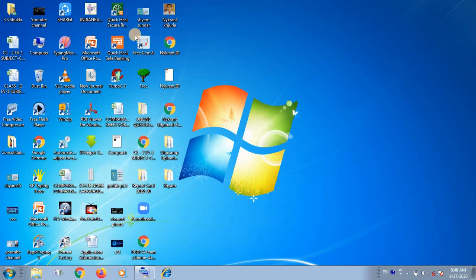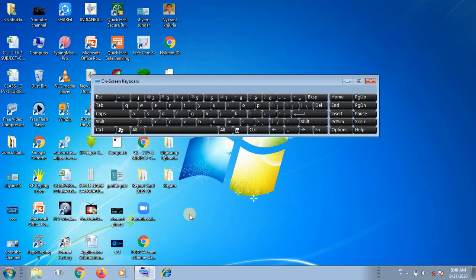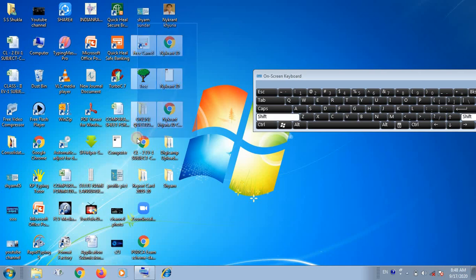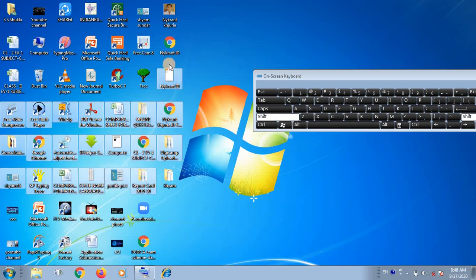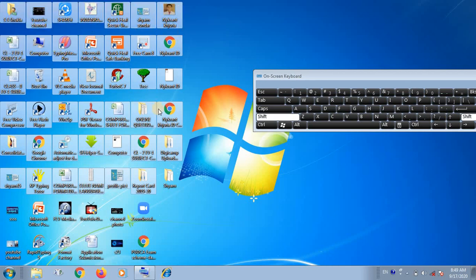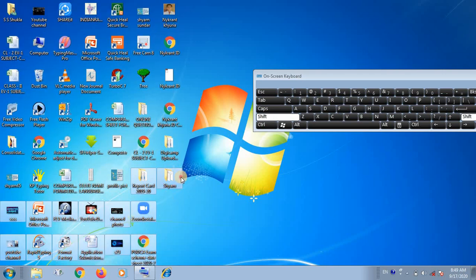And if you want to select by leaving a few folders and files, then you should always use the control key. Firstly, hold the control key, click one by one the files and folders and programs which you want to select. Okay, just like me. And if you want to select continuously, you can use the shift key, hold the shift key and then select. Shift key will select continuously the files and folders. As you are looking here, I have selected all the things. Okay, in this way you can select the files and folders.